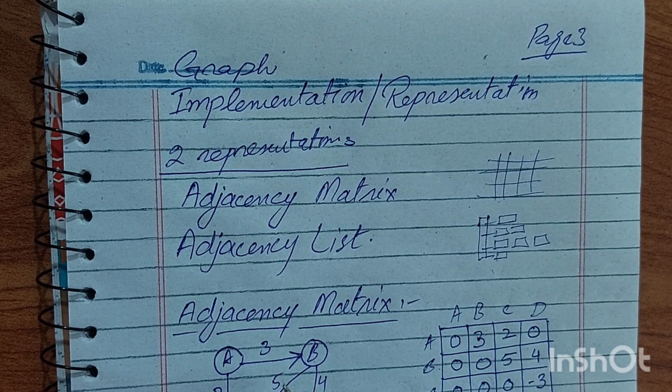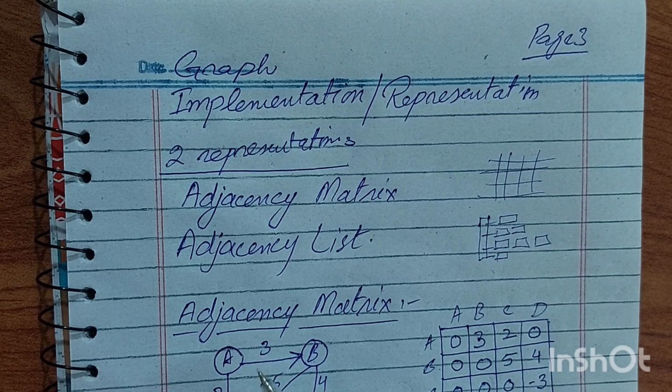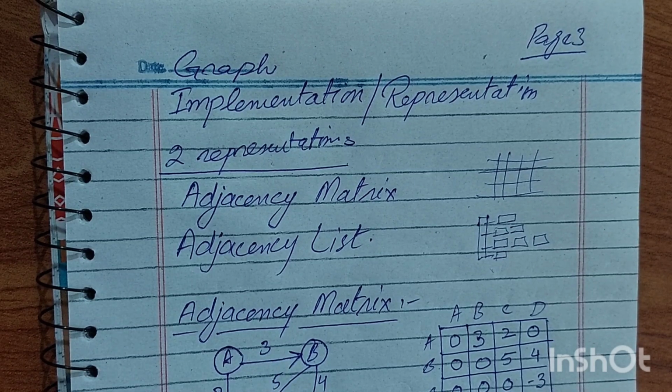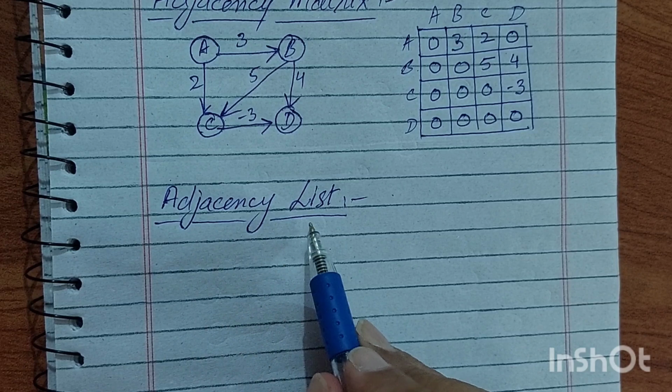And if the graph were undirected, it means you will be marking a to b and b to a with the same cost. So just remember these things. In adjacency list representation,